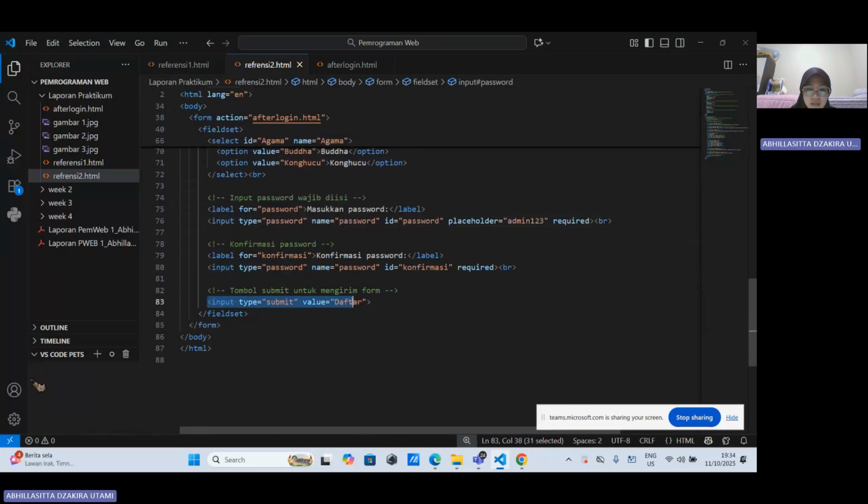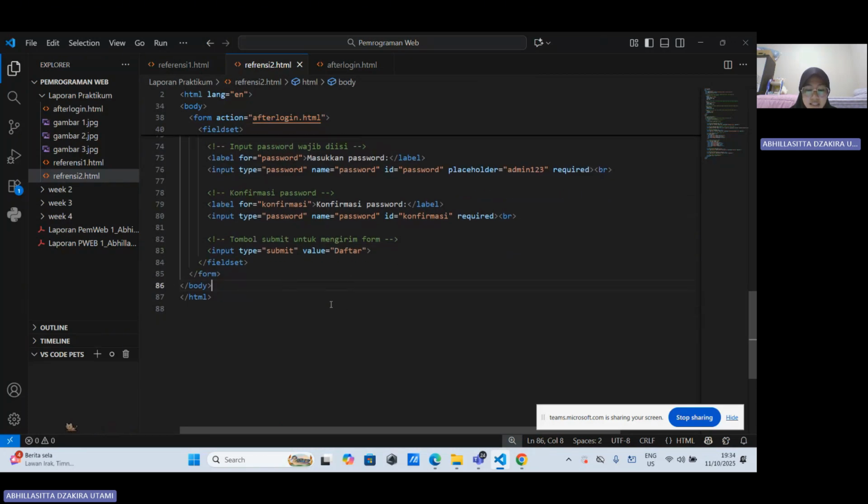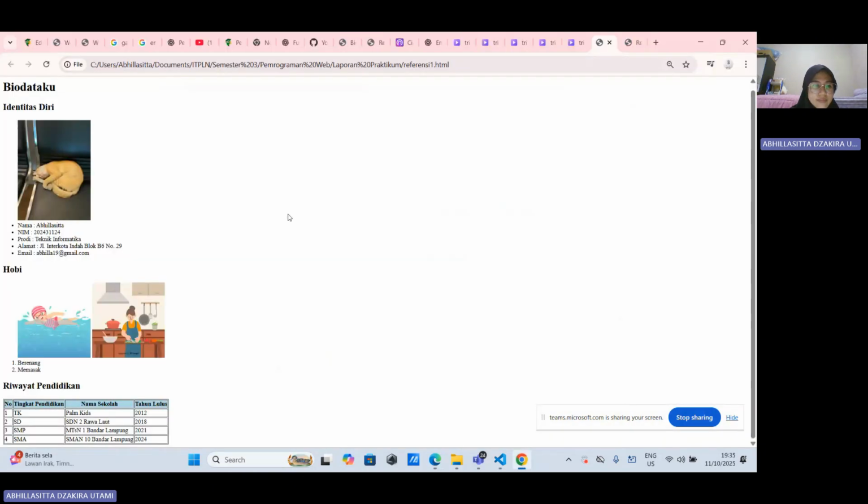Finally, I put the submit button labeled Daftar, which means register. When the user clicks Daftar, all data will be sent to the next page, completing the registration process.